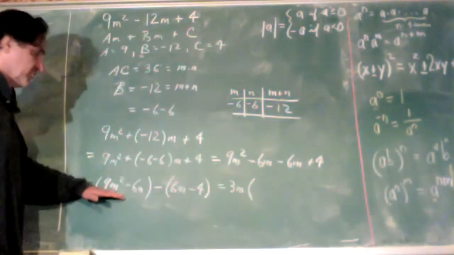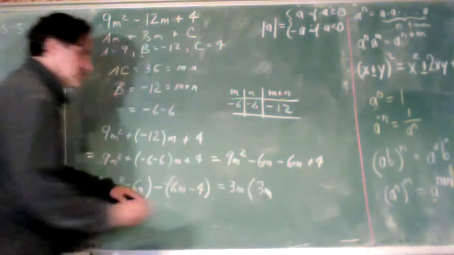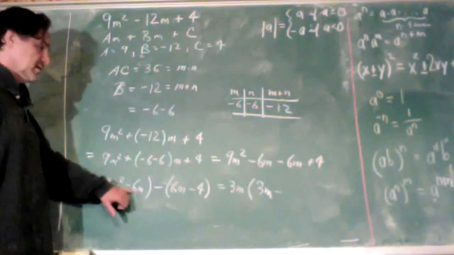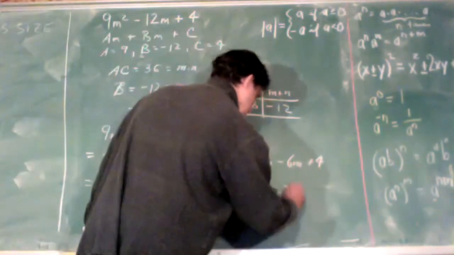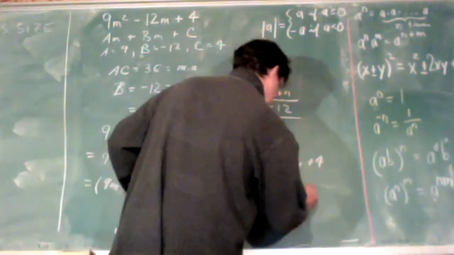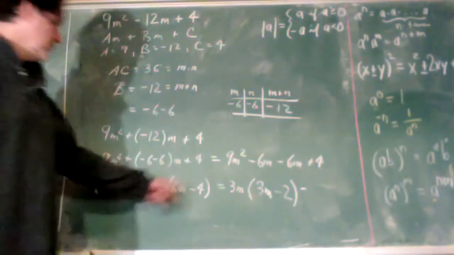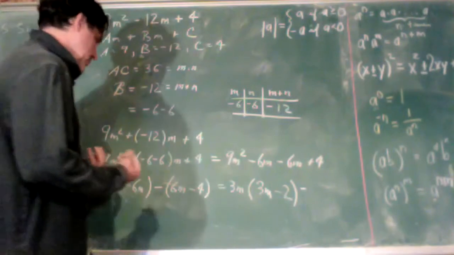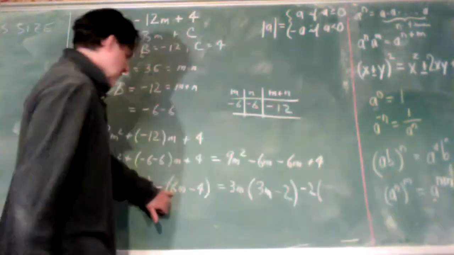I'm left with a 3m minus, well, the m is withdrawn, and 3, factor of 3, so I'm left with 2. Minus, what do we have here? What's common? 6 is a multiple of 2, 4 is a multiple of 2, 3 times 2, 2 times 2. I can pull out a 2. Leaving me a 3m